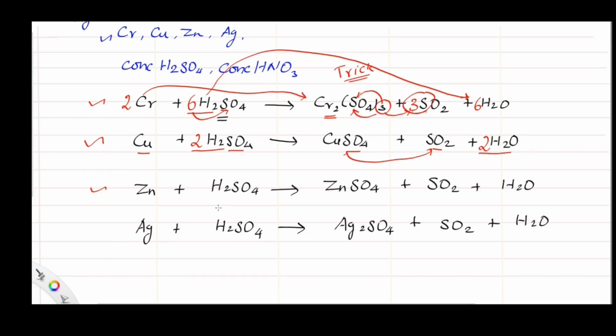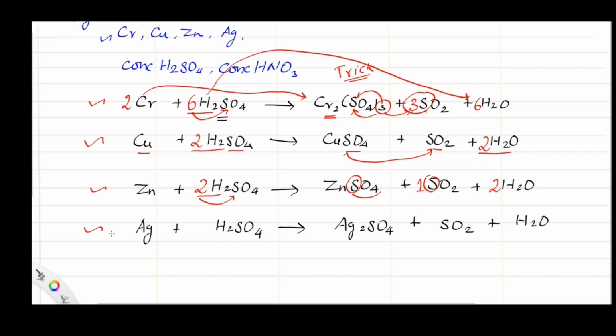And move to zinc. When zinc reacts with sulfuric acid to form zinc sulfate, here sulfate is present 1 time. So we put the 1 in front of sulfur dioxide. So there are 2 sulfurs, one in zinc sulfate and another in sulfur dioxide. So for these 2 sulfurs, we balance the reactant side, we put the 2 in front of H2SO4. So 2 S is balanced and 2 H2 is balanced in terms of water, and this is now the balanced equation.